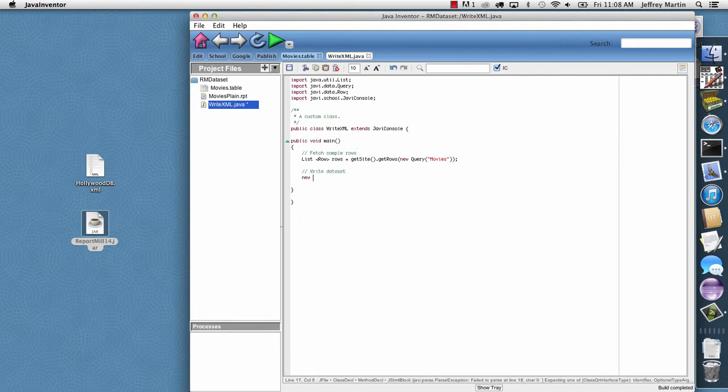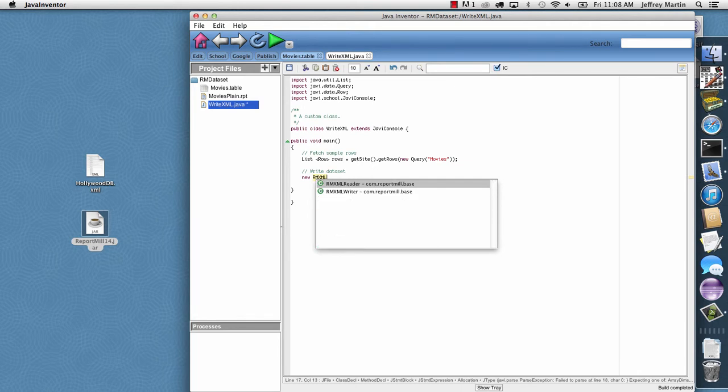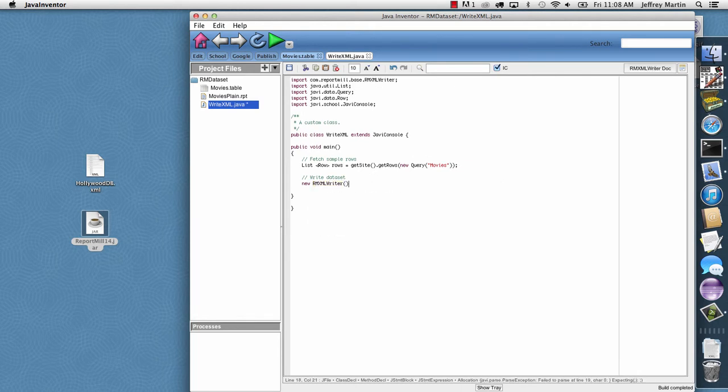And I'll do this with Report Mill's RM.xml writer. I'll create a new one, and I'll just tell it to write object, and I'll give it the rows, and we could pass in here any JDBC result set or plain old Java objects or EJBs. In this case it's just Java collections, so we tried to do all the magic of figuring this out and writing out a nice sample data set. And I just want to write it to my desktop. Dataset.xml. So I'll save this and run it,